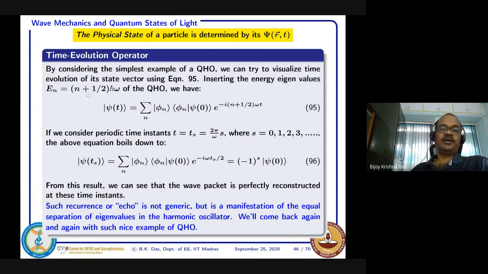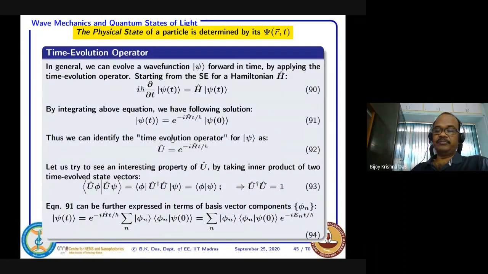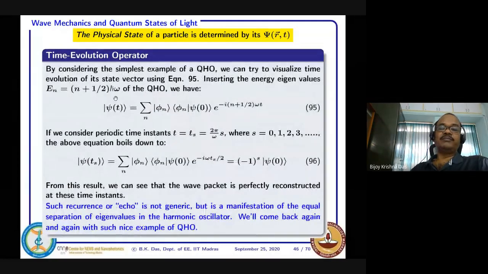We just forcefully wrote them, and we promised that we will derive this, but for the moment accept these eigenvalues for a quantum harmonic oscillator, where omega is the characteristic frequency. For a simple harmonic oscillator, you can write the frequency. So for this E n, if I replace E n here for the quantum harmonic oscillator,